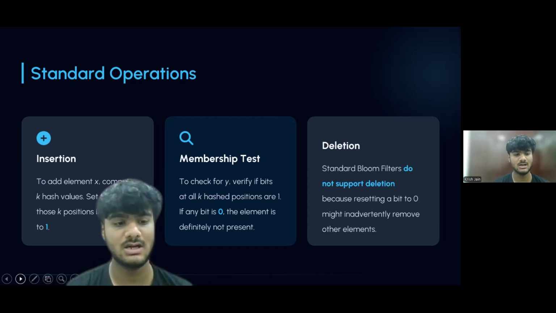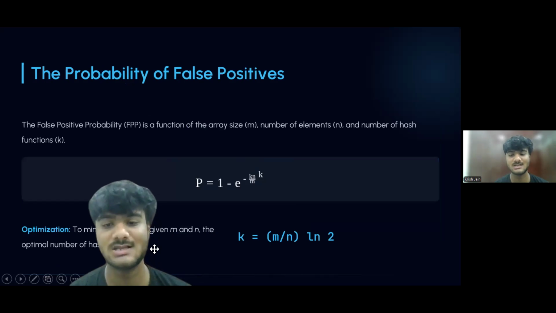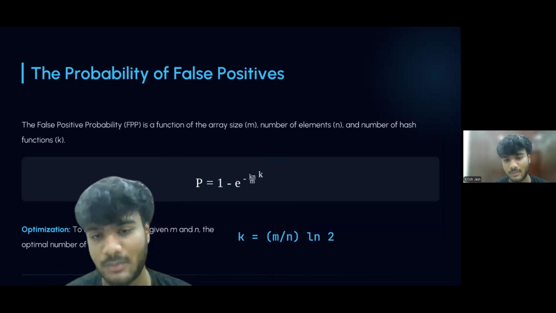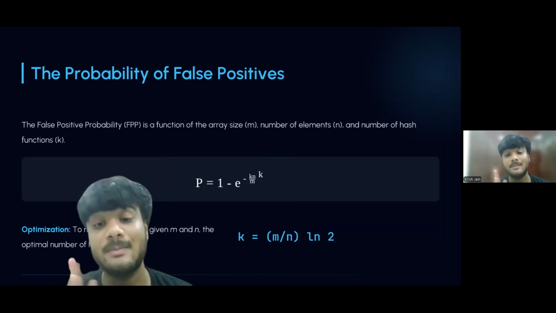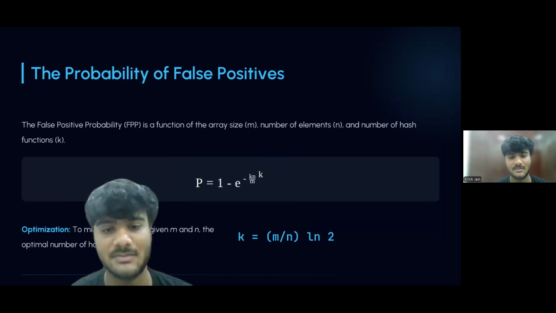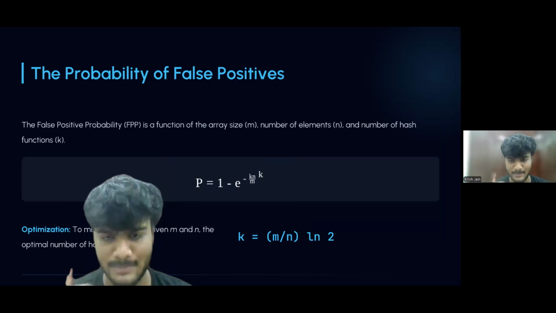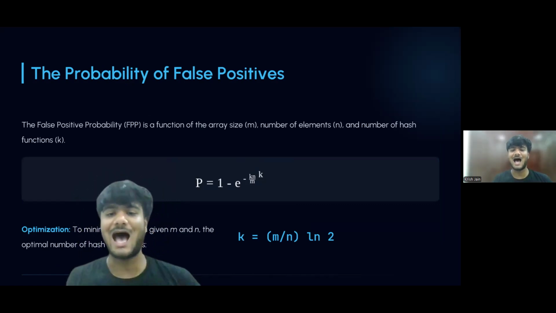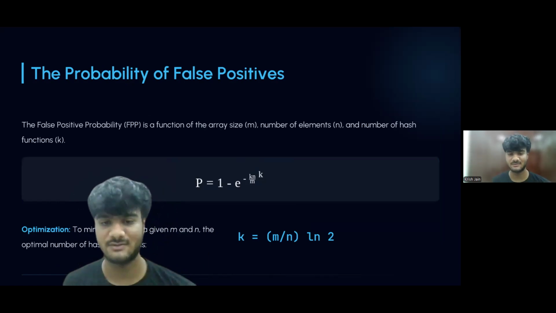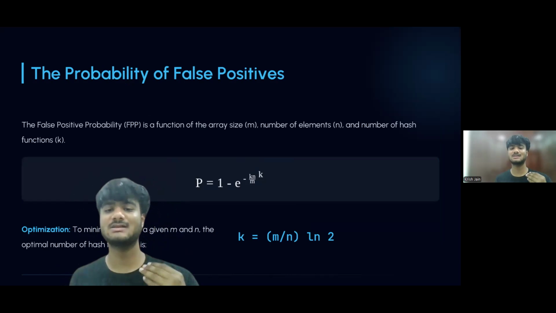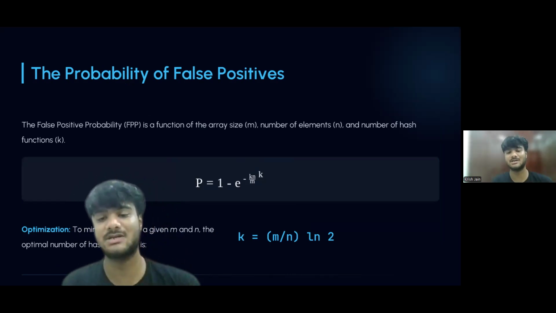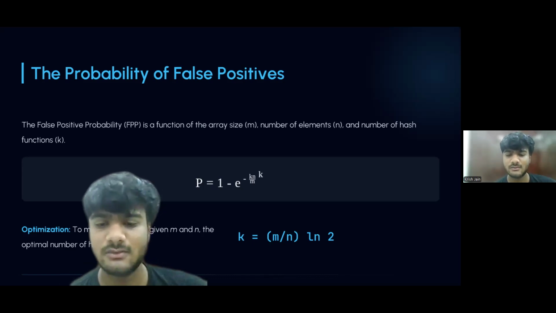So now let's come to the probability of false positives. The major limitation is the false positive probability, also called FPP. It depends on three factors: m, the size of the bit array; n, the number of inserted elements; and k, the number of hash functions. As more elements are inserted, more bits become one. So the chances increase that all checked bits are already one, even for an absent element. To minimize false positives, the optimal number of hash functions is